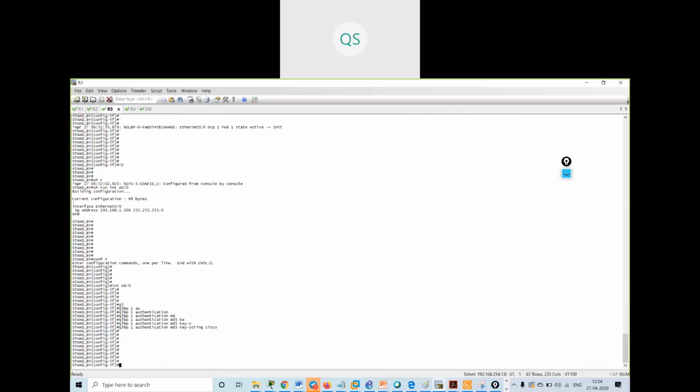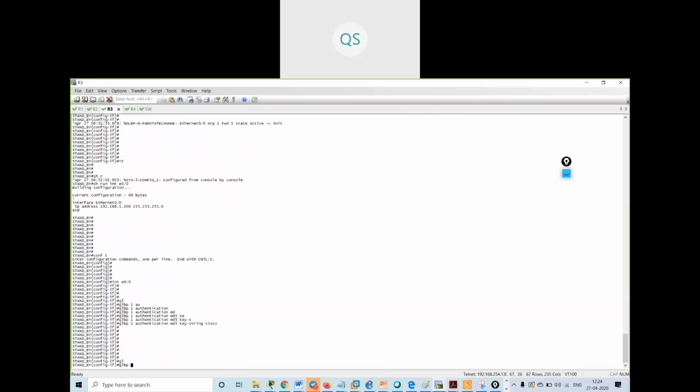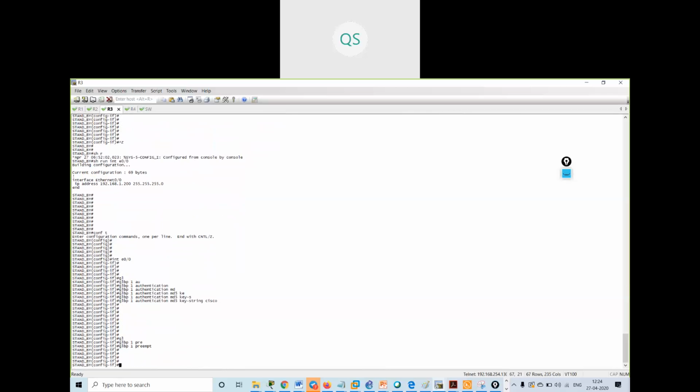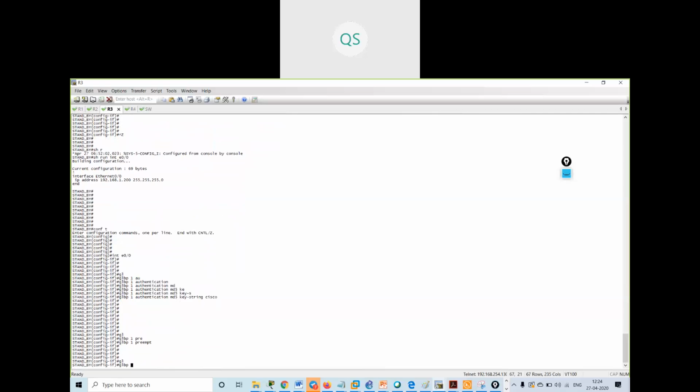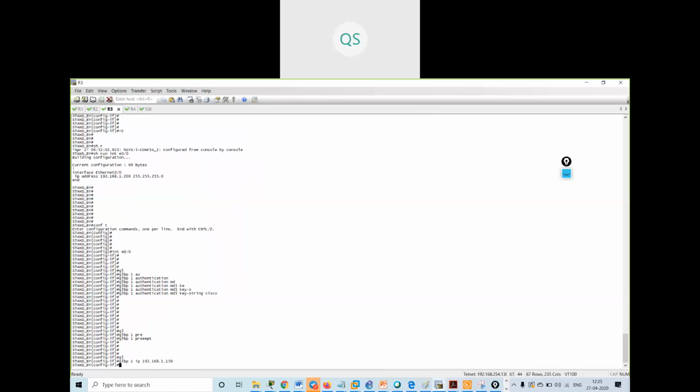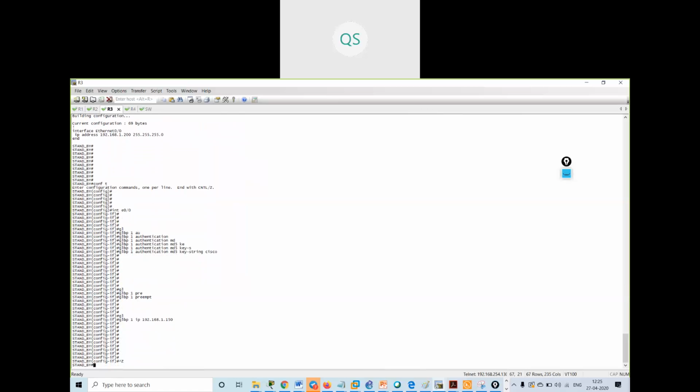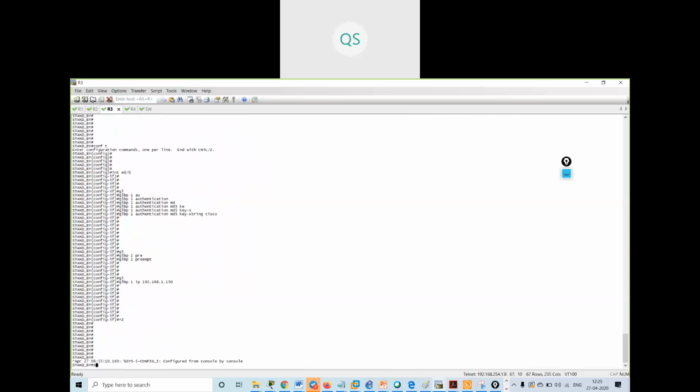Okay, GLBP 1 preempt. GLBP 1 IP is 192.168.1.150. Show GLBP.